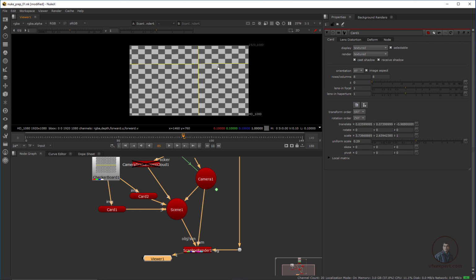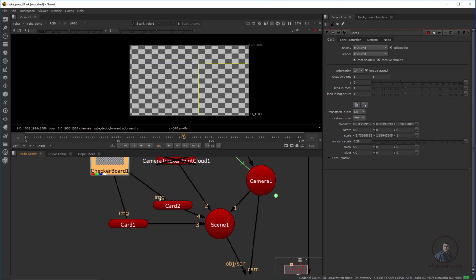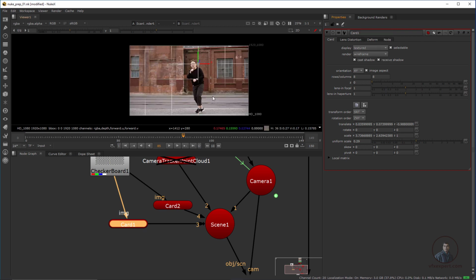For placing the card in the correct position, I am going to do one more thing. Double click here on the card, then come here in the render view and make it wireframe. So we can easily understand where our wall card is and where our base card is here. Then again double click on the card, come to the render view and click wireframe mode again. Now from here we can easily understand where our wall is.